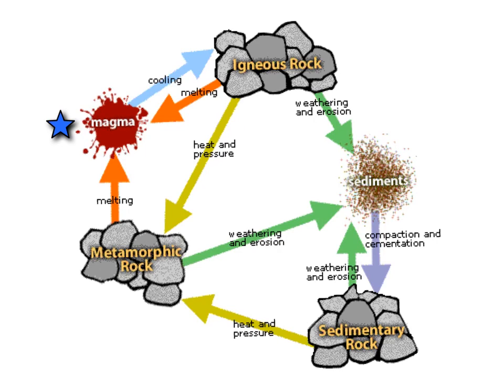Hi, let's talk about the rock cycle. This blue star is going to represent our rocks, our material going through the rock cycle. So as we know, everything starts out as magma. The earth was melted and molten, the entire surface, everything was melted. And so every single rock that exists today originally started out as magma.